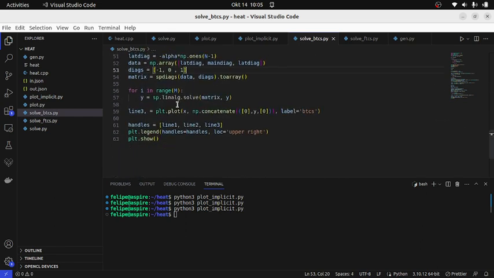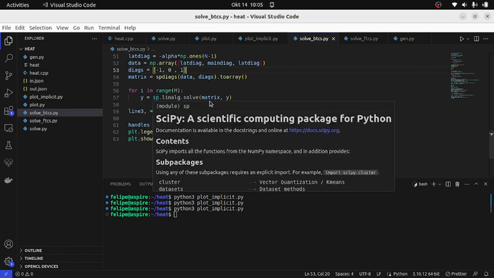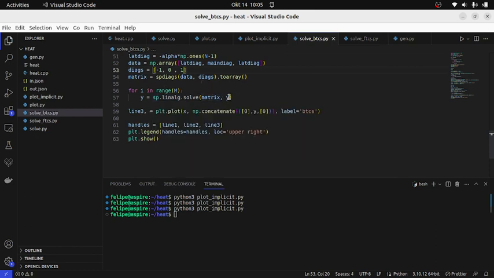And then we call, where is it? Here. We call y equals linear algebra solve, the matrix that we built, y. So what this does is it solves the system matrix times x equals y, and then it gives x, right? It is very, very important. When you use any numerical package, really,